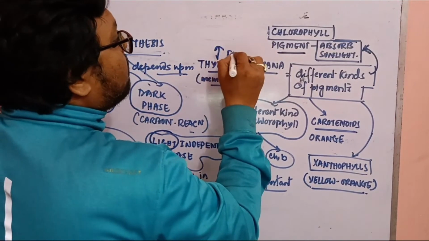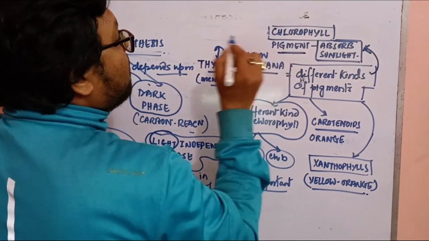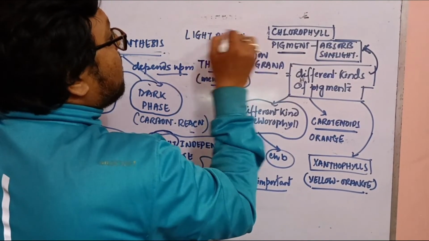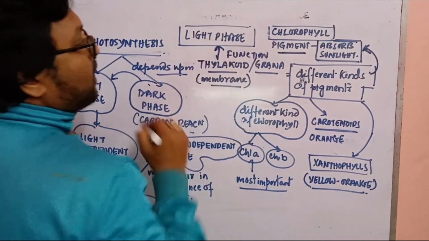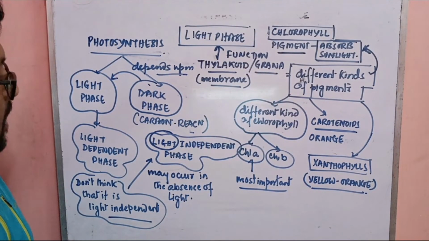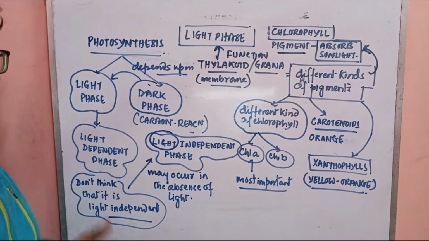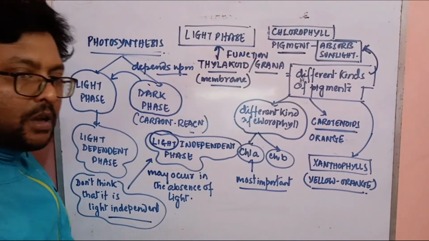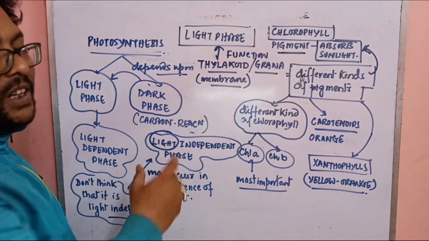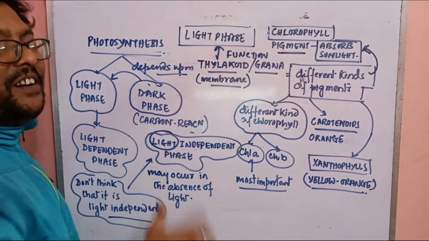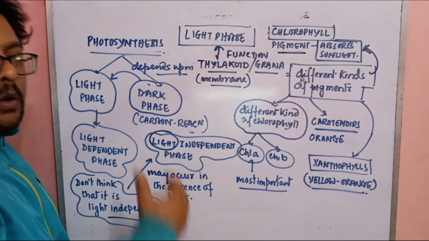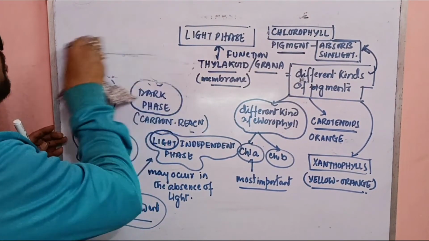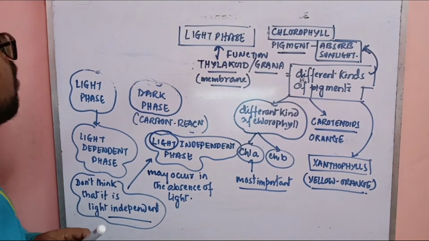What is the function of thylakoid? The main function of thylakoid is that the light phase takes place within the thylakoid. Since the light phase depends on light, the pigment molecules absorb light, and the pigment molecules are found within the membrane of the thylakoid. So basically the light phase generally takes place within the thylakoid. And within the stroma,